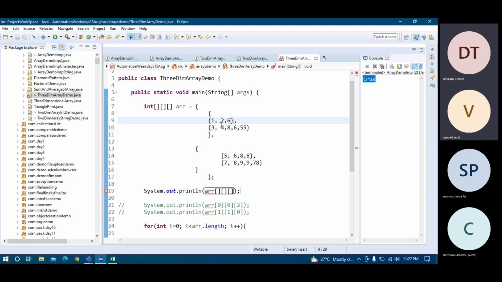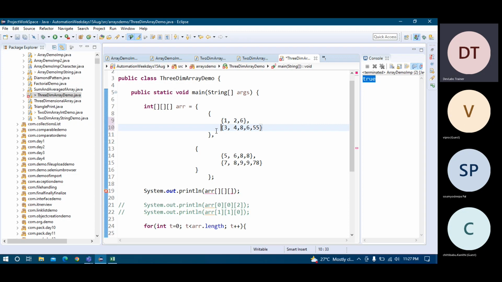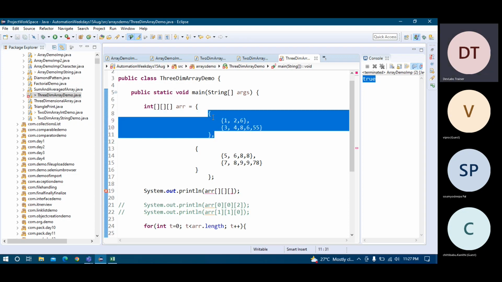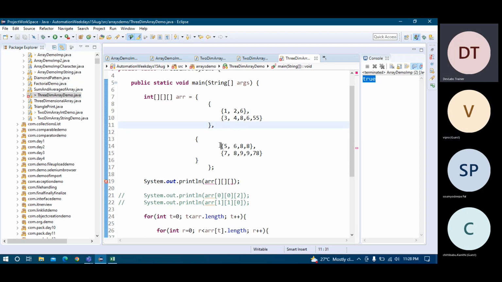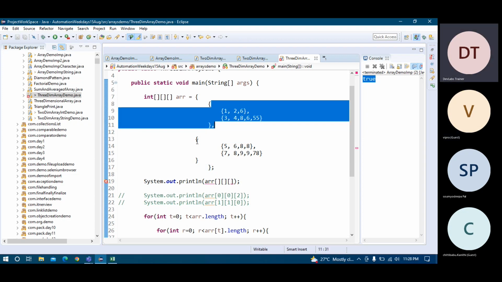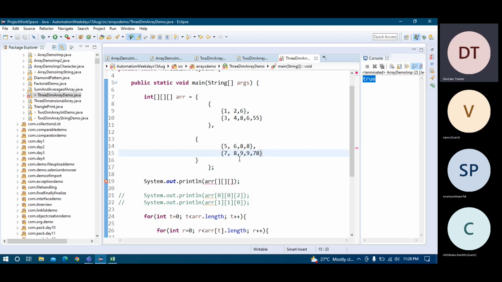You see here, this is table number 0. Just remember this is table number 0, and inside table number 0, this is row number 0, this is row number 1. Just try to understand. This is another table, table number 1. This is table number 0, this is table number 1. Inside table number 1, if you have to access any value, you go to the particular row and then column. Same like that, in table number 0, which row and which column value you have to access.